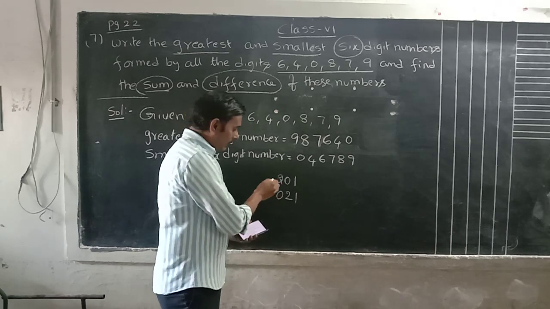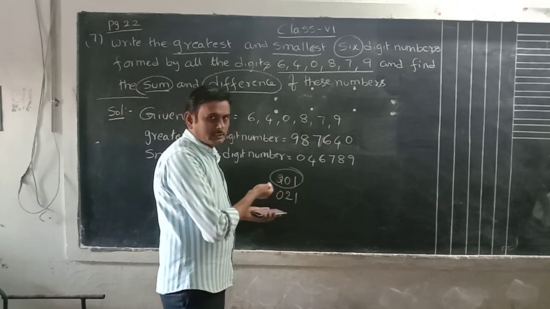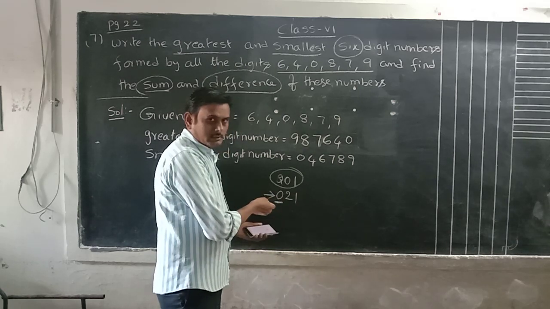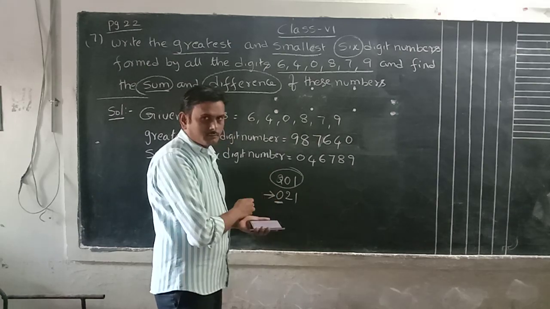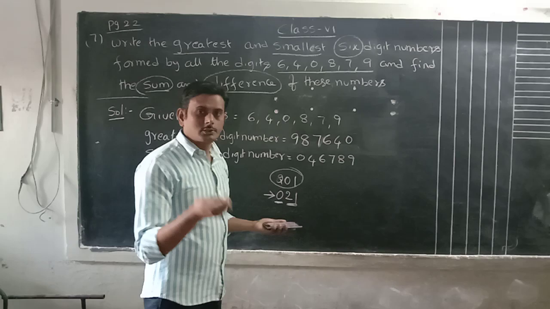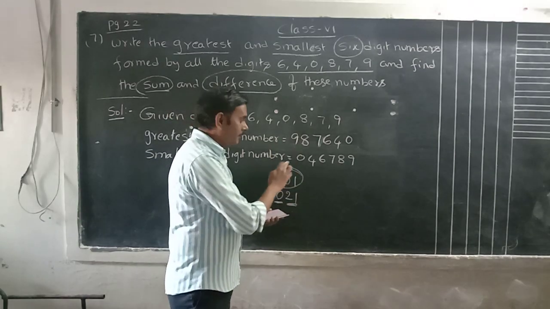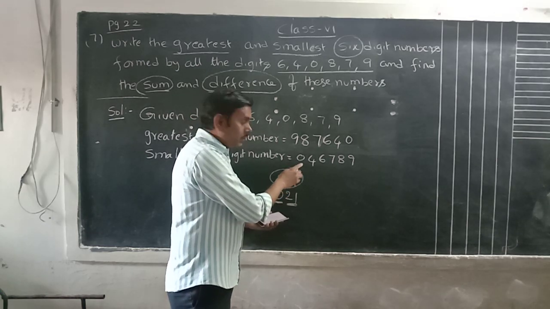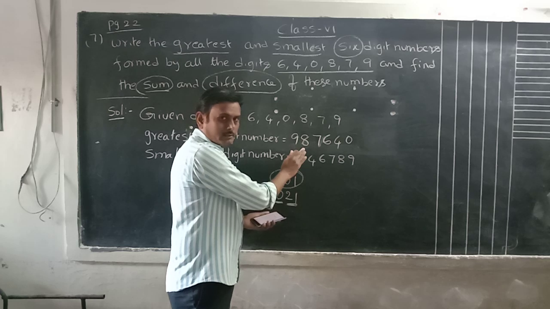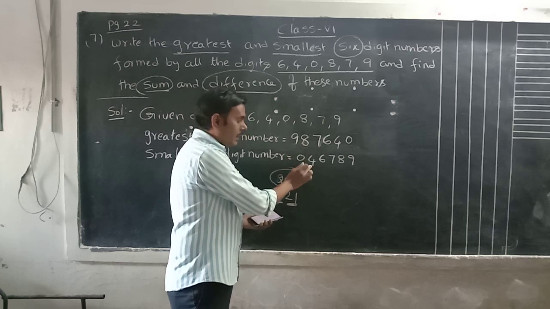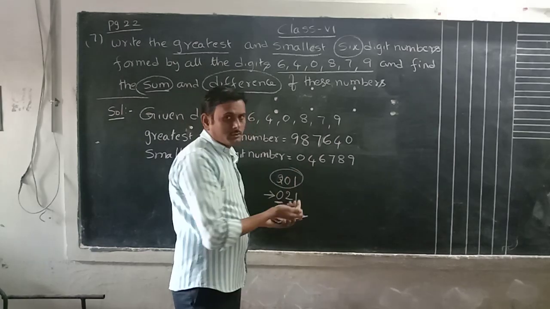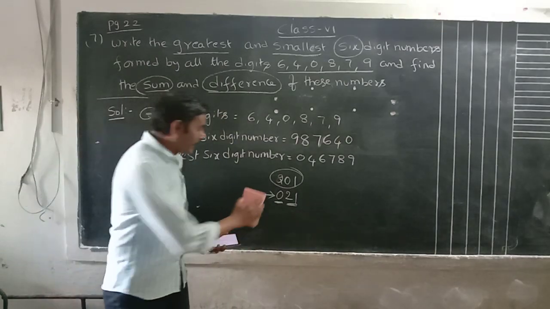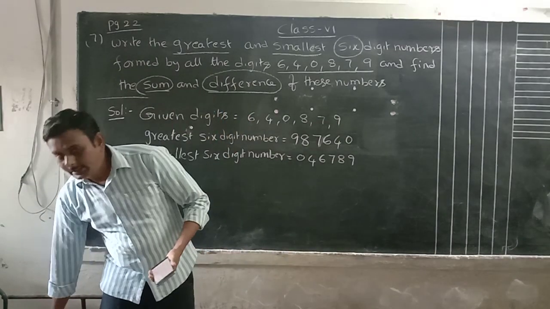It is only a two-digit number. Shall we say this is a three-digit number? No, 0 is starting it. Whenever 0 is at the start, we don't consider it while reading a number; we only read 21, a two-digit number. Similarly, here we required a six-digit number, but we started with 0. We don't count 0 while reading the number. How many digits are available now? Without 0, only 5 digits, but we needed a six-digit number. So what do we do now? By using all the digits, we have to prepare a six-digit number.